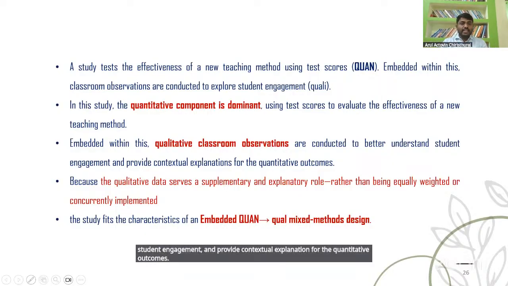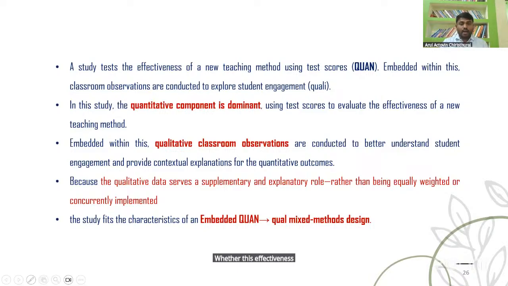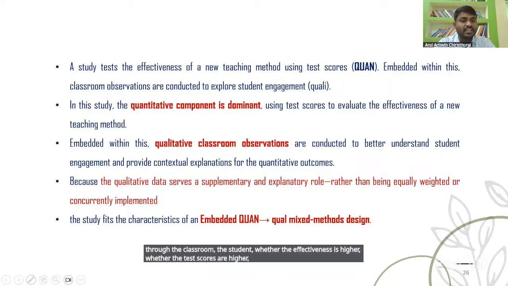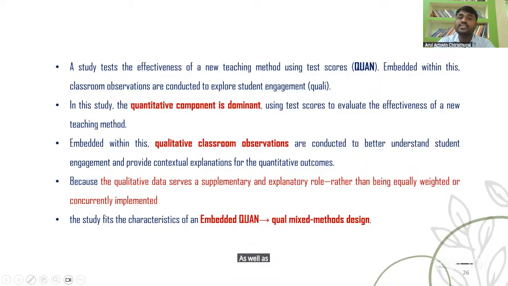Whether the new teaching method is effective among the students, whether the test scores are higher, sometimes the observations can show that students are more engaged themselves, as well as engaging more during the teaching hours. So that is the result that can come up from observation.